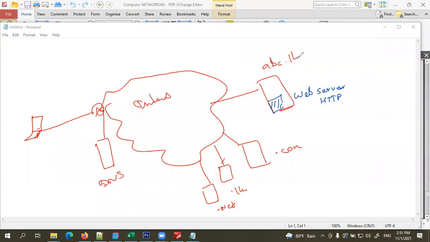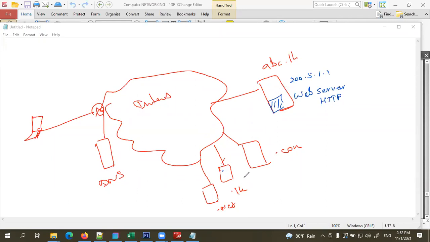So we can't just assign this kind of host name to a computer if it is going to be accessed through the internet. We have to register this one. If I am to use .lk as my top level domain, then I have to register this name abc.lk in the .lk domain registry. Assume that the IP of this computer is 200.5.1.1. This computer must have an IP address, otherwise it can't access the internet.